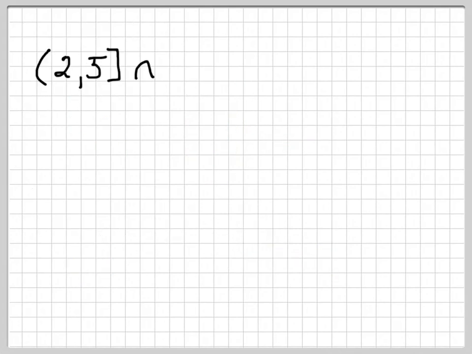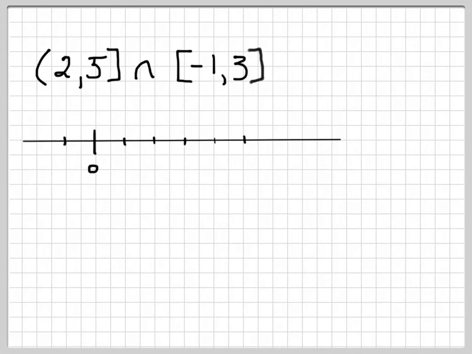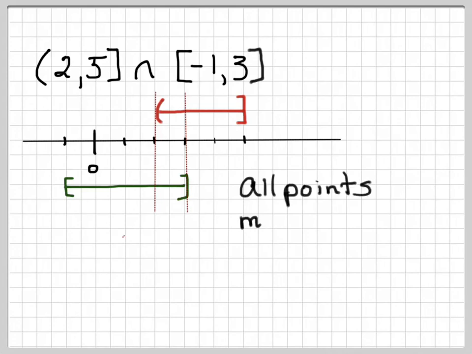Now, let's try another one. Let's do the interval [2, 5], which is closed, the intersection of that, and the closed interval [-1, 3]. So, drawing our graph, I'm going to put the [2, 5] above and graph that. And I'm going to put my -1 to 3 and graph that below. Now when I do my lines to find where they cross each other, I have to pay attention because the numbers have to be in the intersection, they have to be in both sets. And you can see